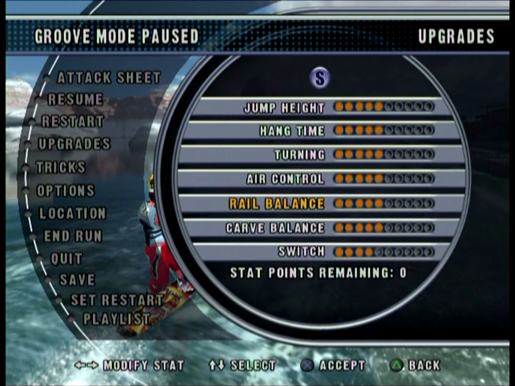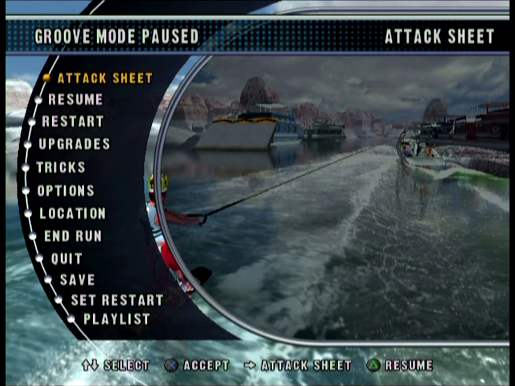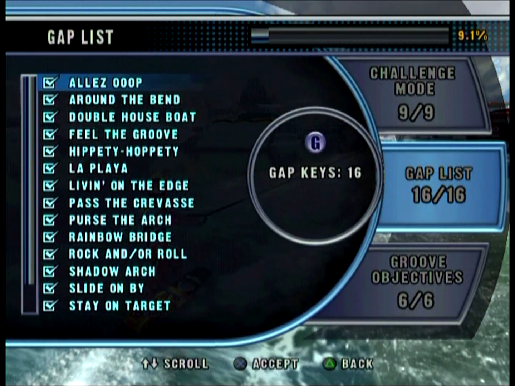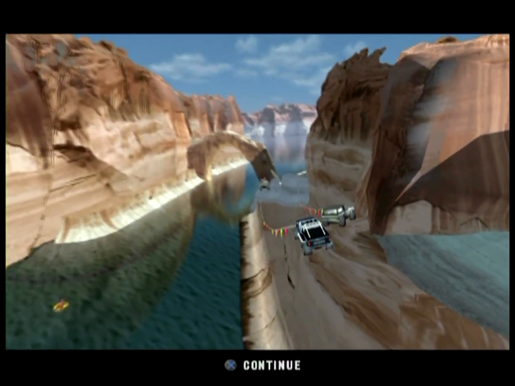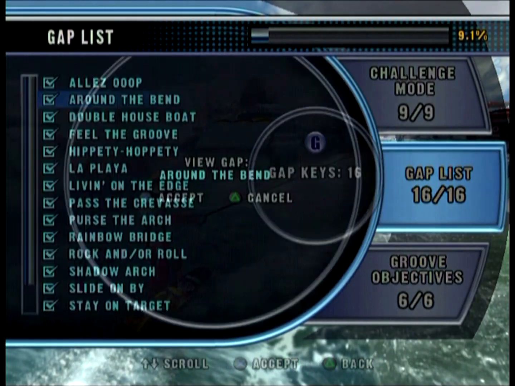The most useful one, I think, is the balancing ones, and then the jump height. I think, for the most part, other ones like carving or whatever, not really that needed. Neither is turning, really. But yeah, Switch is the most useless. Anyway,